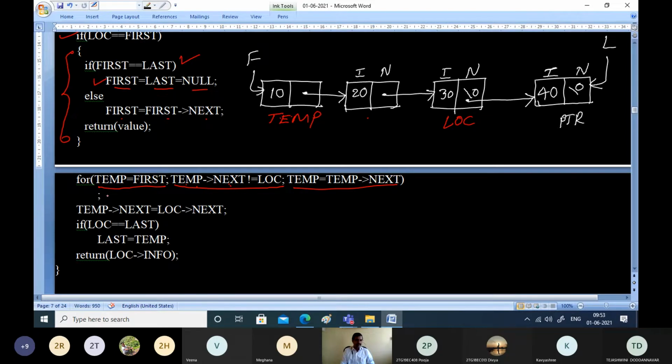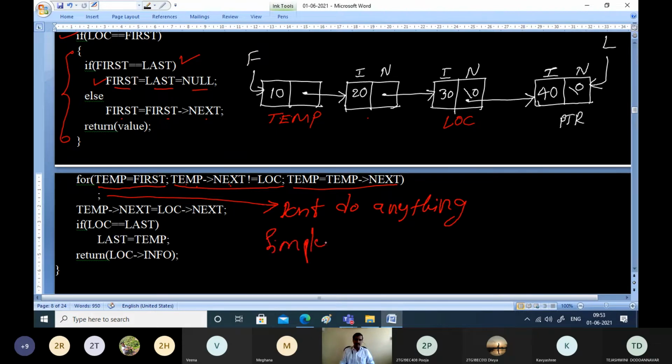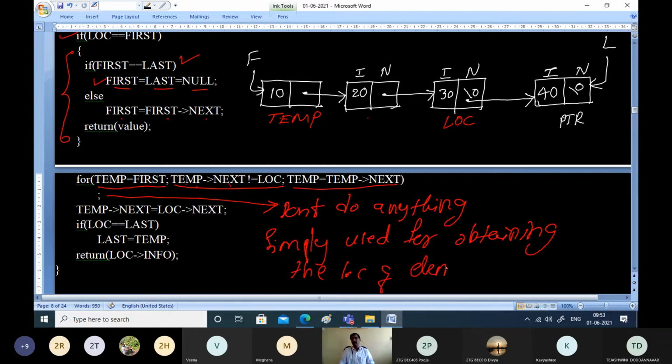What do we do? See here, this is just a semicolon. What it indicates here is don't do anything. We are not doing anything. This is simply used for obtaining the location of the element.